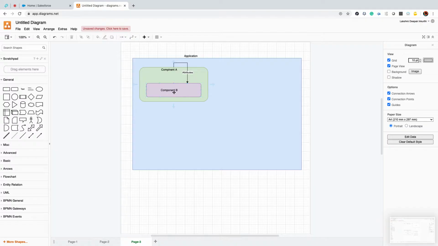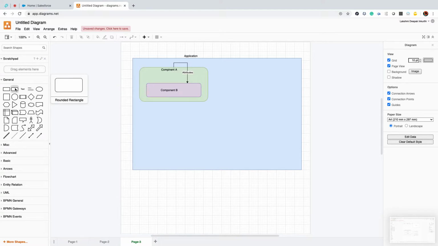Because this is a child, right? Being a child, what is the best way that I can transfer data? I mean, some data operations have happened in the UI, so that calculation value I need to send back to component A. That time I can't use attributes because component B is a child, right? In one parent I can have multiple children, so I can't understand on which parameter I need to set. So here Salesforce provided a communication call.